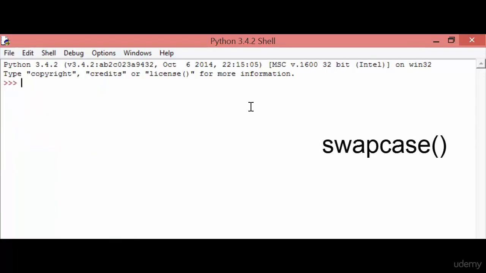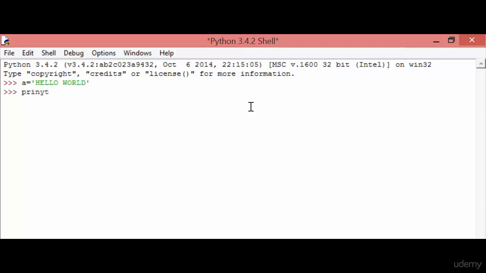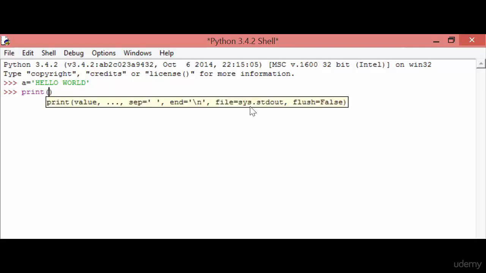The next method is the swapcase method. The swapcase method is used to swap the string, which means that if we give small characters, it will simply swap them into capital characters, or if you give capital characters, it will convert them into small characters. So for that, here I'm going to give the capital characters HELLO WORLD, and now I'm going to execute print a.swapcase().